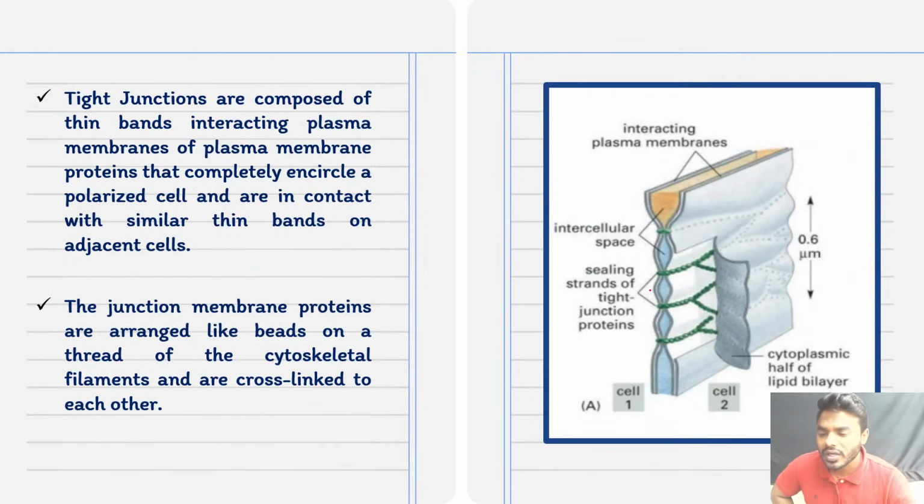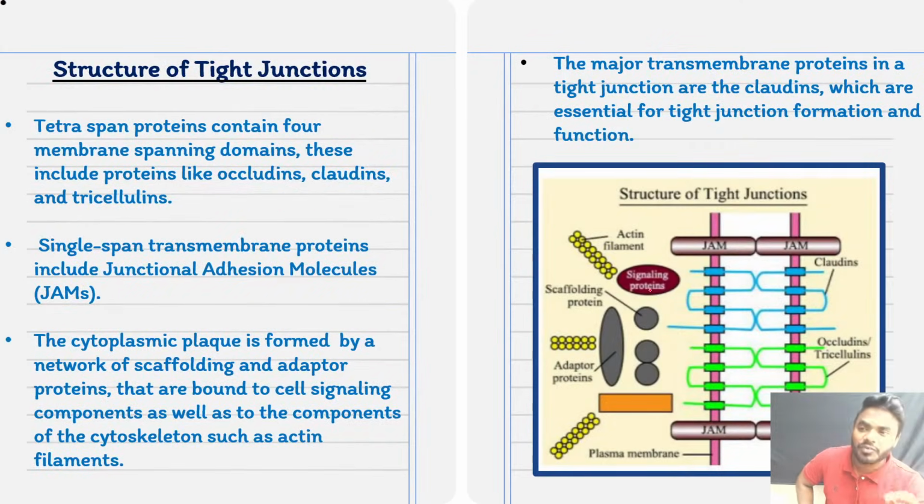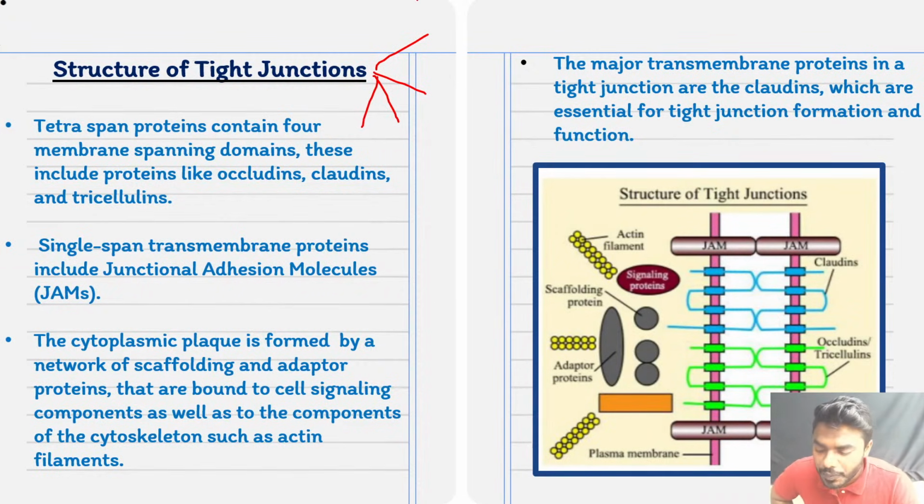Okay, what are the various types of proteins that compose the tight junction? Everyone listen, friends. The tight junction is majorly made up of 4 proteins. These 4 proteins are also very important proteins. What are those, friends? Listen, you have to remember the properties of all the proteins. It's a kind of rigid topic, pay attention.